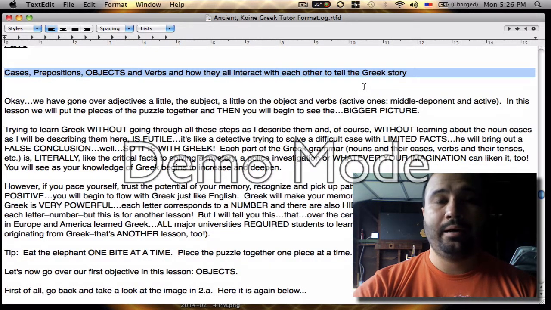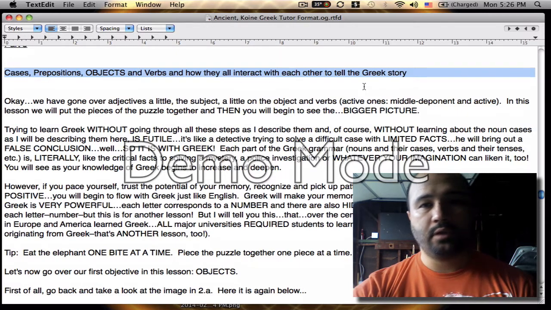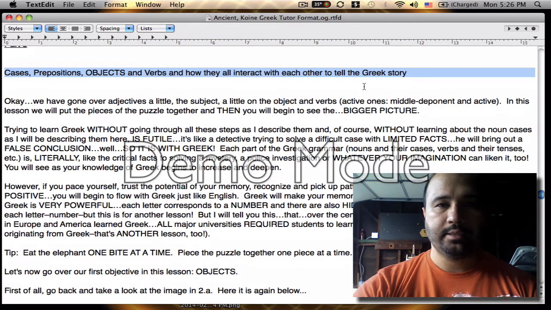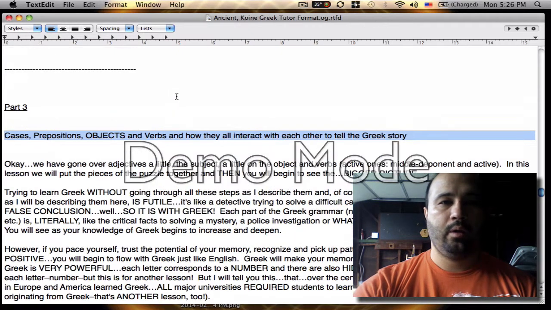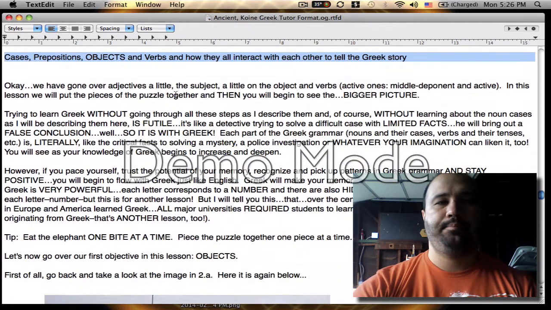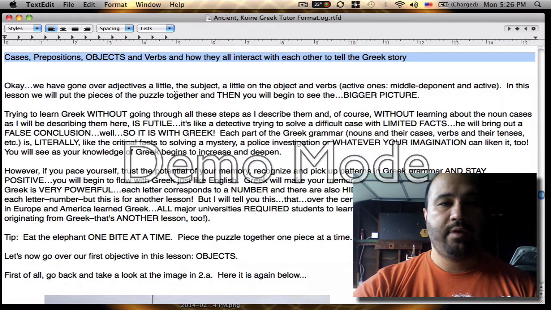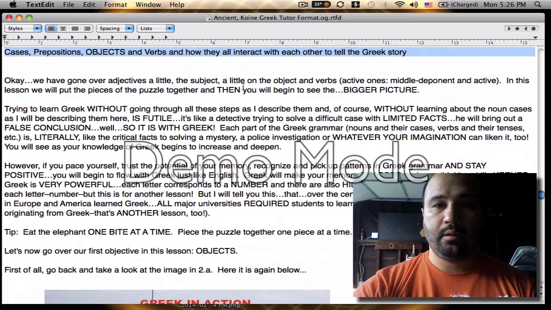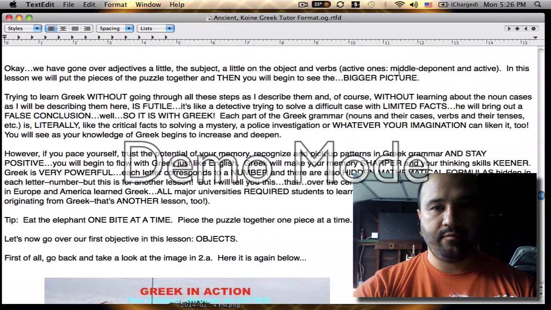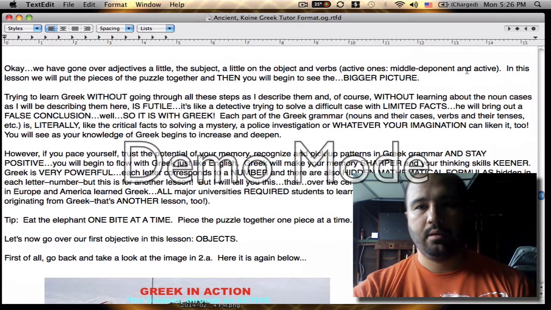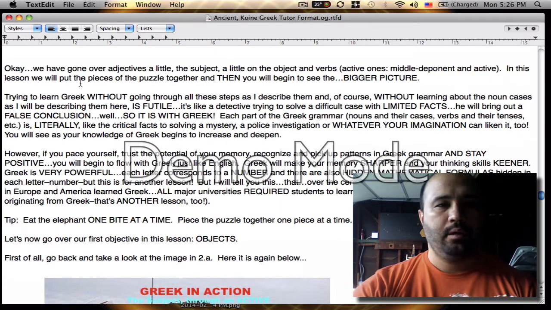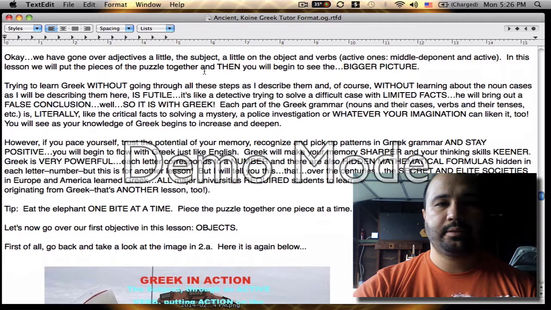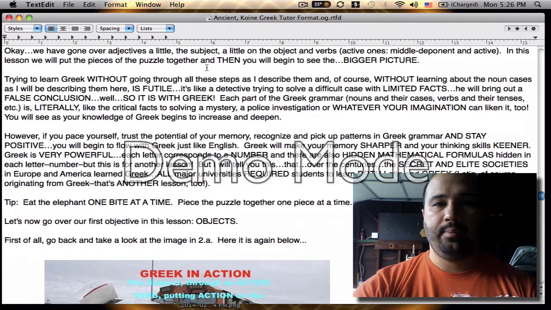Now we're going to start telling a story. Now you're really going to start understanding Greek. This is where it all starts coming together. And look, it only took us about 3 lessons to get there. Okay, we have gone over adjectives a little bit, the subject, a little on the object and verbs. Active ones, middle deponent, and active verbs. In this lesson, we'll put the piece of the puzzle together,